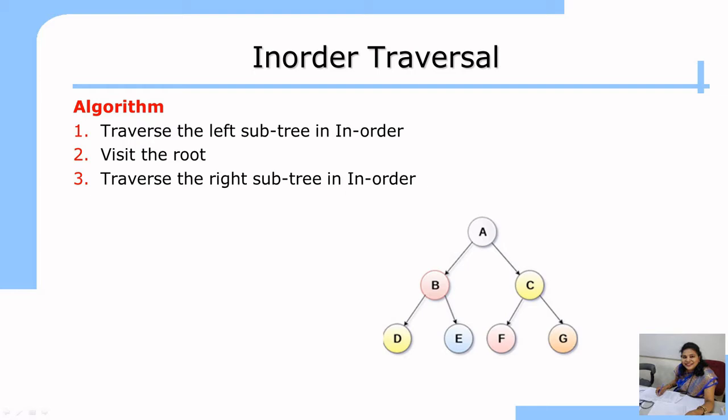So let us traverse this tree in order. Since I told you that this is a recursive program, for each node we apply this algorithm. So the algorithm is what? L, V and R. L means go to the left side, V means visit the vertex, that is, print this, and R means go to the right side. So whenever we perform the L and R steps, L means left side, R means right side. So let us apply this algorithm and traverse this tree in order.